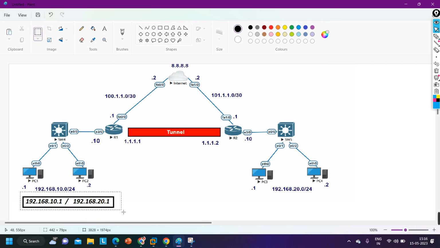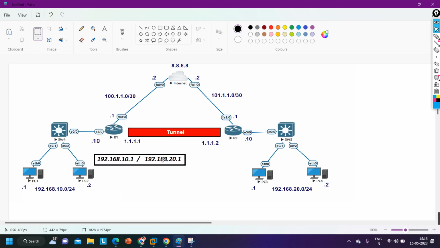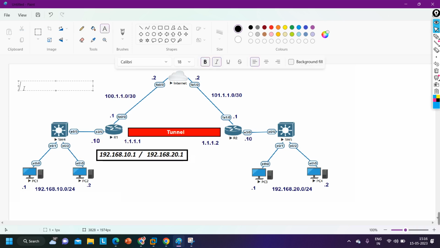in 192.168.20.1, that means the 192.168.20.0 network. In the routing table, this network will be available through the tunnel interface. In the routing table of router 1, there will be this network, 192.168.20.0/24, and the reachable exit interface for this network will be tunnel 1. And whenever the exit interface is a tunnel interface, then